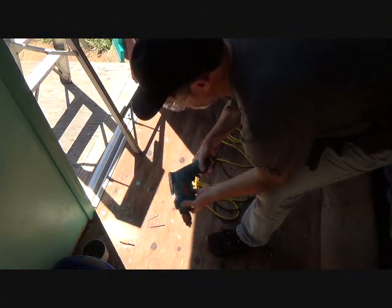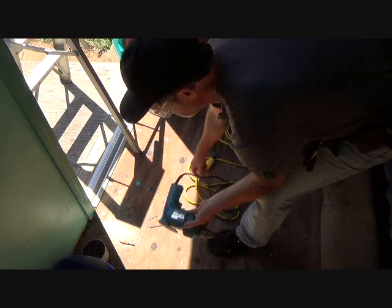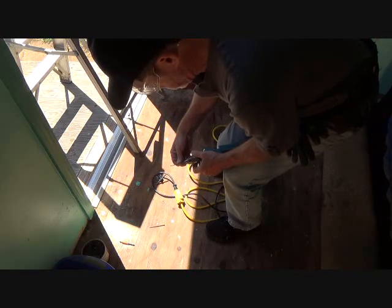Now, I don't use this drill very often, but it's my backup plan in case my battery operated drill stops working, or I have to charge the battery and I don't have an extra battery, whatever. Okay, so when I put this in, I just want to grab the tip,